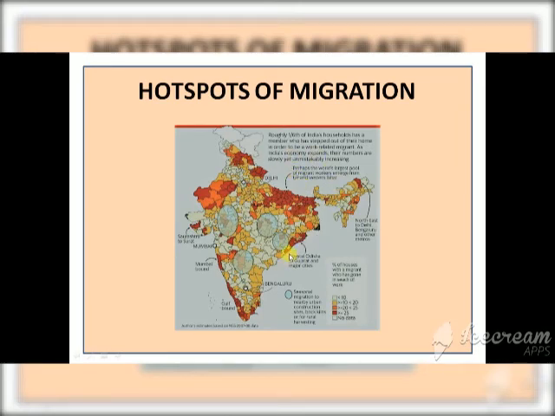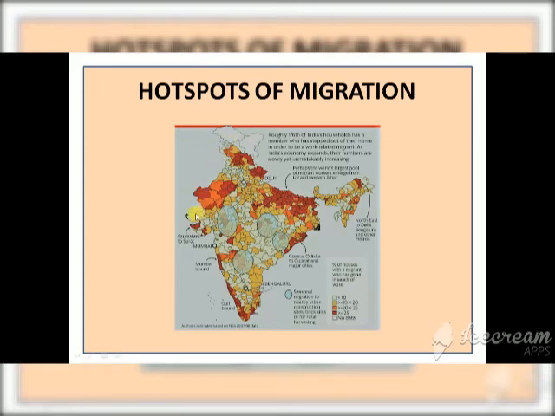Other than that, some seasonal migration takes place because of urban construction sites, brick kilns, and rural harvesting. These are the regions which are shown here. So you can see here, these are the seasonal migration, and the white shades here are less than 10% of houses with migrants who have gone in search of work. So here we find less migration in Jammu and Kashmir, and actually no data is found for Jammu and Kashmir.